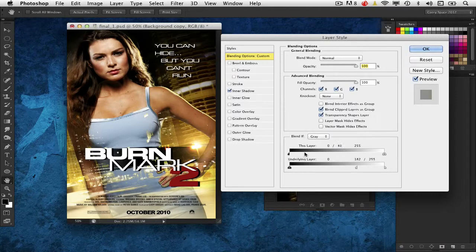And let's just mess with the other sliders and see what kind of results we get. Not so much that. So this layer sliders, so this underlying light slider, just splitting that up a little bit, maybe even toning back the darker areas just a hair. So notice in the underarm there, a little bit more of the buildings coming through. I don't want to lose her shape completely, but just let her blend to that background a little bit more. And look at the difference it's got. Really helps it blend. We can see more elements going on in the background here.